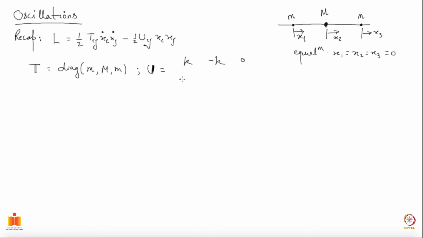You should check that what I am writing is symmetric. 0 minus K. It looks symmetric, so it's good. So that's the matrix we have. And then we said if we do a transformation from x, so this x is basically a column vector, to z,